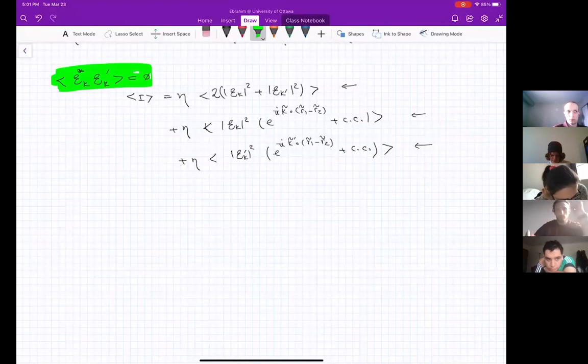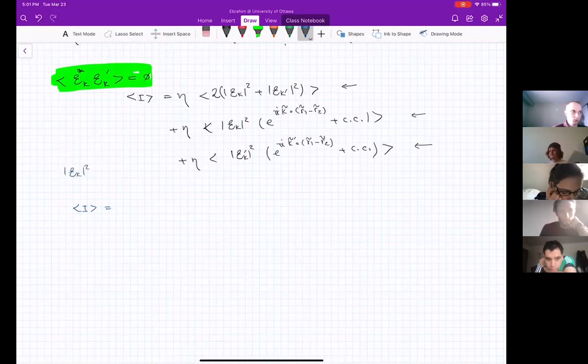Assuming these 2 are identical, then the time average of them will be identical. Even I can factor it out, it is up to you. So assuming that E_k squared is equal to E_k prime squared, which is equal to I0, the intensity,